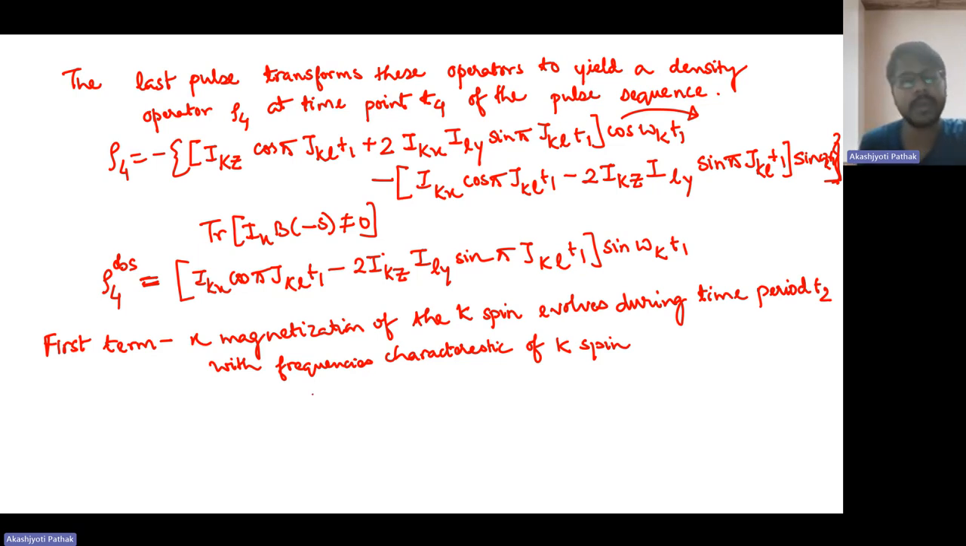Right. Therefore, this will produce a signal. So, what will this produce? This will produce a signal, a diagonal peak with F1 equal to F2 equal to omega K in the final two-dimensional spectra. In the final two-dimensional spectra, this will give us a diagonal peak, where F1 equals F2 equals omega, the frequency of the spin K. And the second term represents the Y magnetization of the